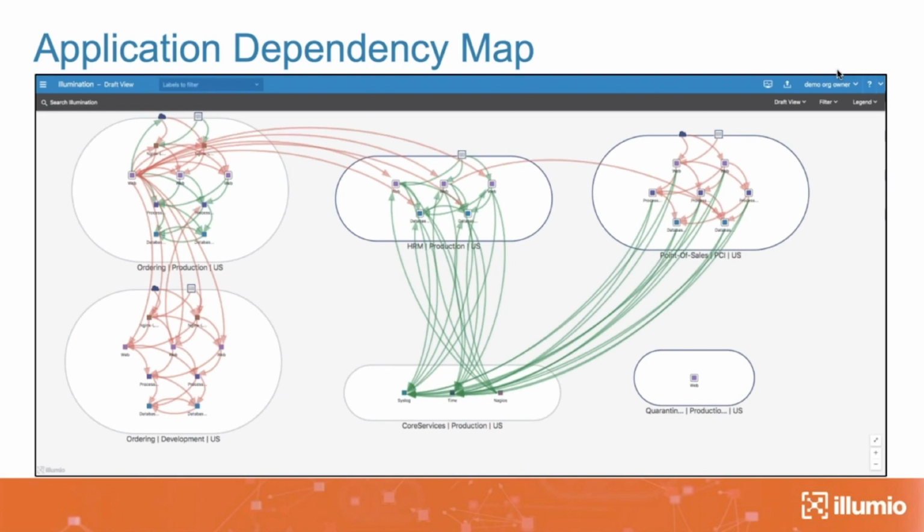In fact, in this particular case, if I look at the top left, that ordering application in the production environment in the US, I see that in the web layer, one of the hosts is trying to reach out to all kinds of devices in other applications. That would tell me that it looks like there's something going on with that workload. Maybe there's malware, trying to do recon and see where it can go. Or it may be legit traffic that your business needs, where that particular application talks to the other. So this is the way you would start thinking about your security posture.